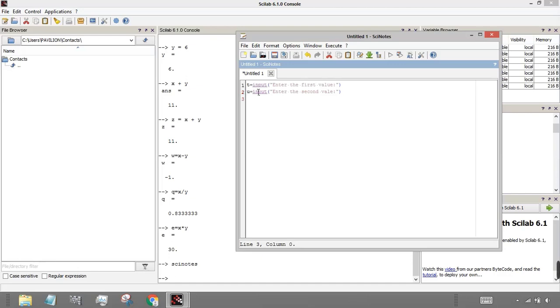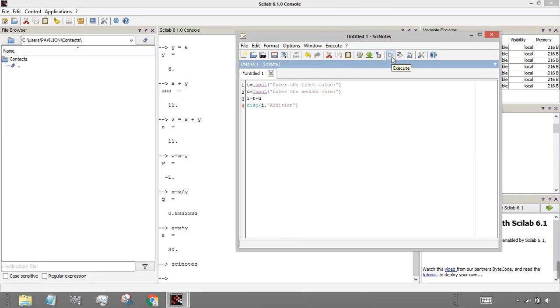So we will just do the addition of them. Just write it as I is equal to t plus u, and I will just display this. For displaying, you just write display, enter I, what value you want to display, and give the name it as addition, and then you will just run this code.